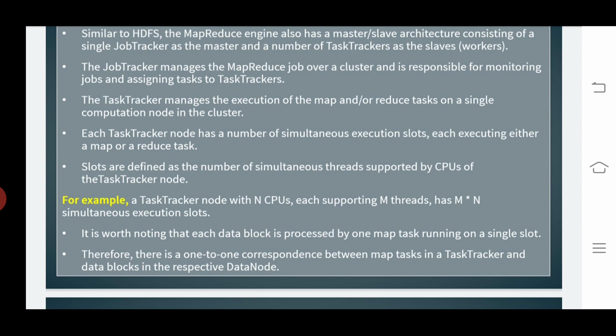What does the job tracker manage? It manages the MapReduce job over a cluster and is responsible for monitoring jobs and assigning tasks to task trackers.